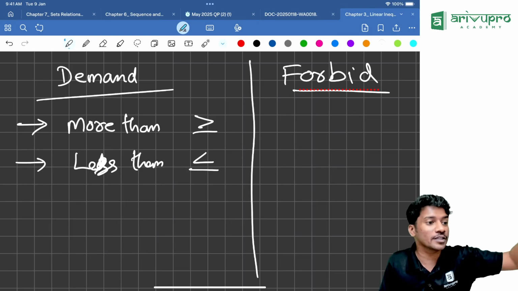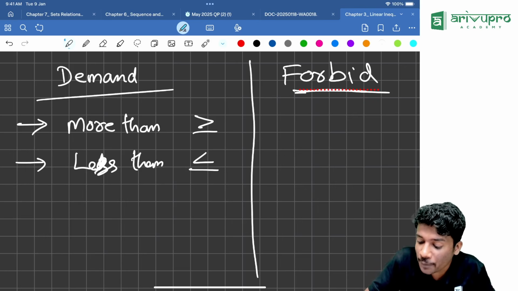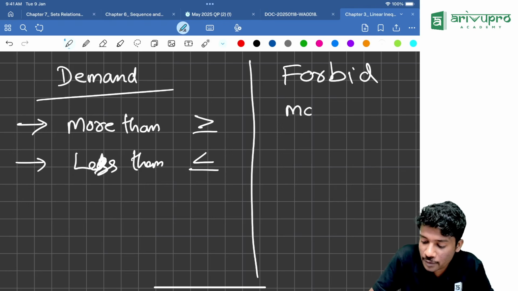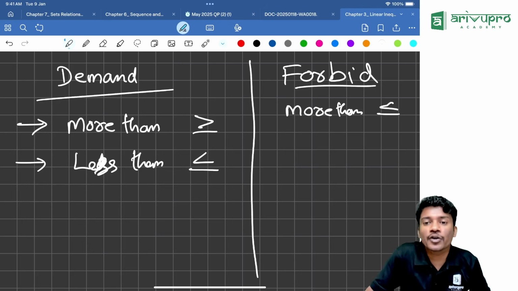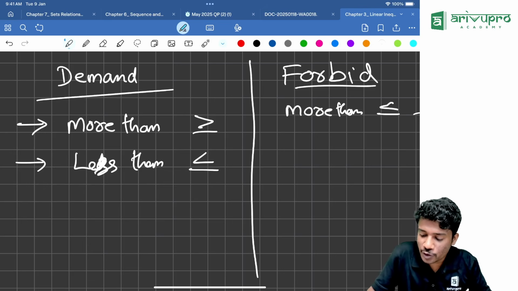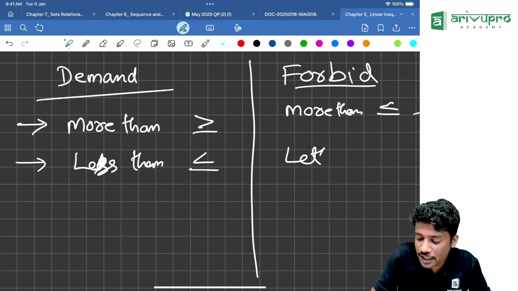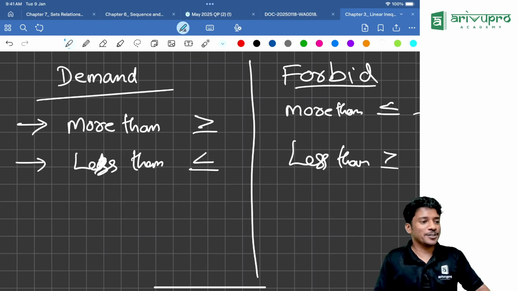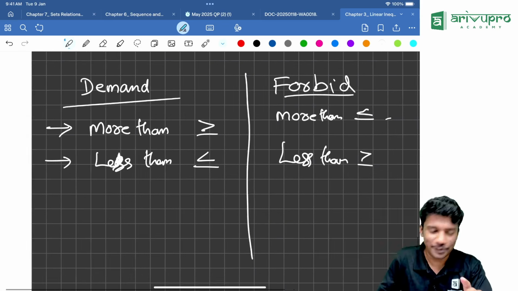Should not be more than everything. So if it is coming under forbid, more than means what? Less than or equal to. Then less than means what? Less than means greater than or equal to. That was an example. I didn't tell you that. Okay. Now,